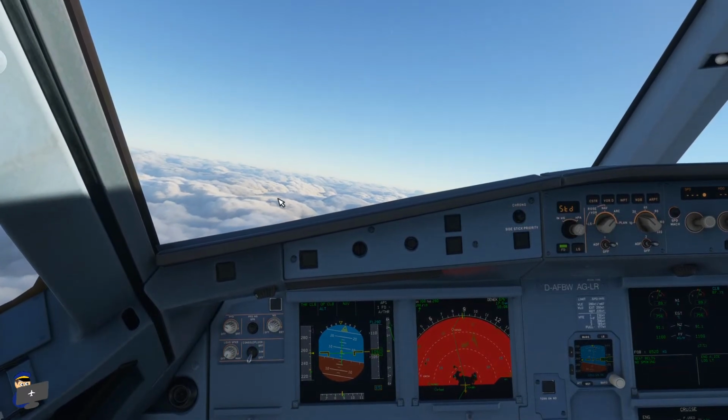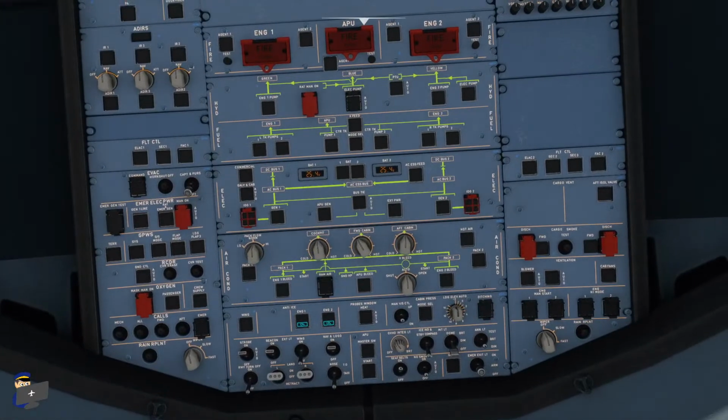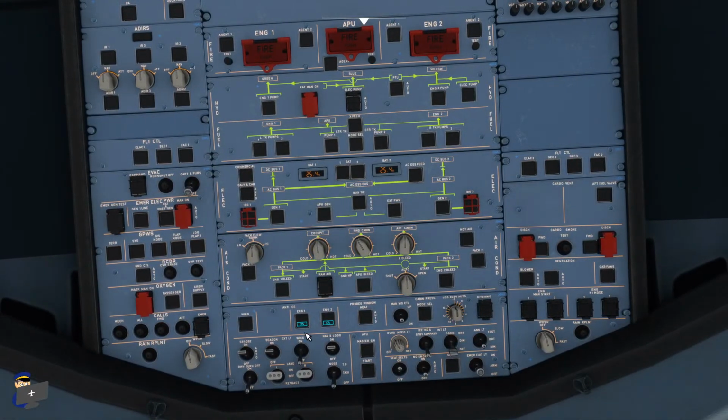We're using the A320NX mod and some add-on scenery, and